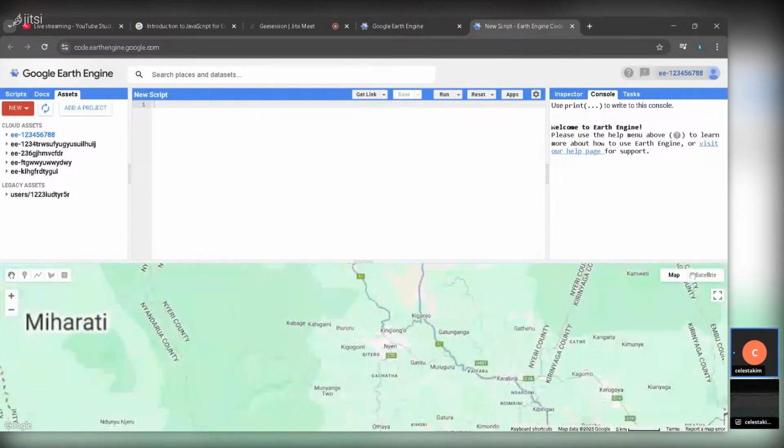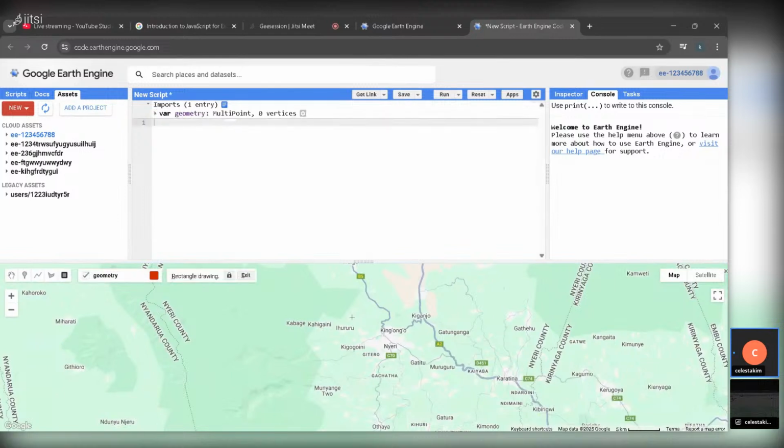When I come to these editing tools here, I can just make my area of interest. Now you will notice that I have created a geometry here, and that is my area of interest. So the next thing that we can do here,